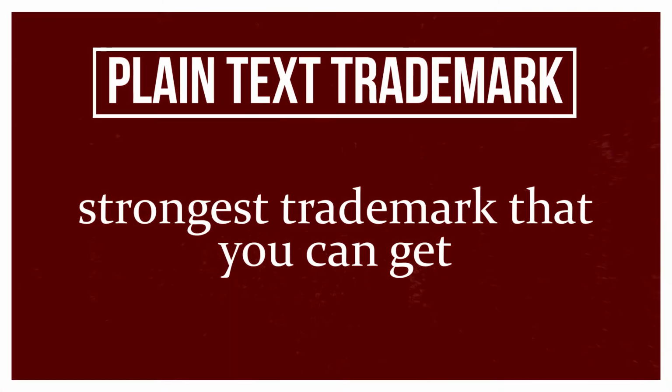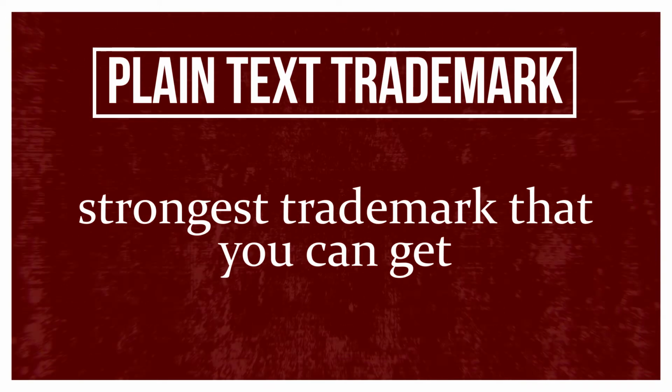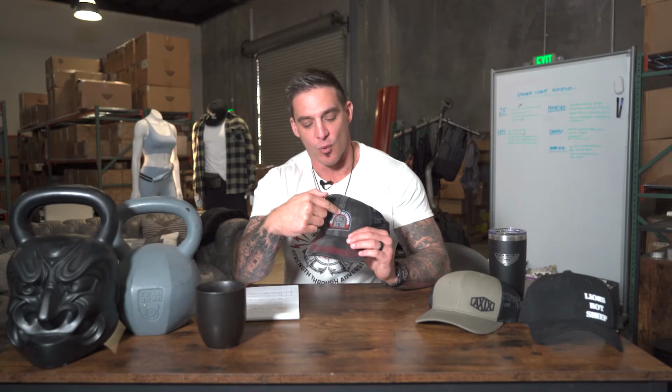The strongest trademark that you can get is a plain text trademark, meaning I own the words Industry Threadworks, no matter what font, no matter what design, no matter the angle, the color, no matter what it is, I own the actual words Industry Threadworks. But it's important to note on a plain text trademark, I don't own Industry by itself, and I don't own Threadworks by itself. I only own that specific combination, Industry Threadworks. So anytime I make a design or a logo or whatever it is with this brand, I need to make sure I include both words on that